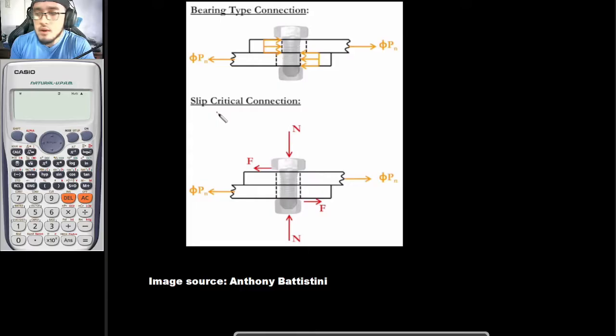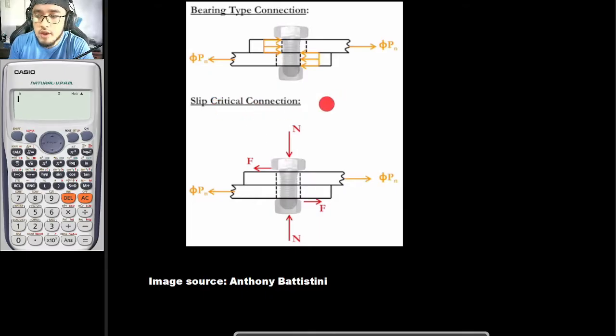So, moving forward to slip critical connection. In here, it is assumed that the loads are to be resisted by friction. As you can see here, we have force F right here. Do you see the force F, guys? Yes, sir. Okay, so it is stated here that this force F right here is actually the resisting force of